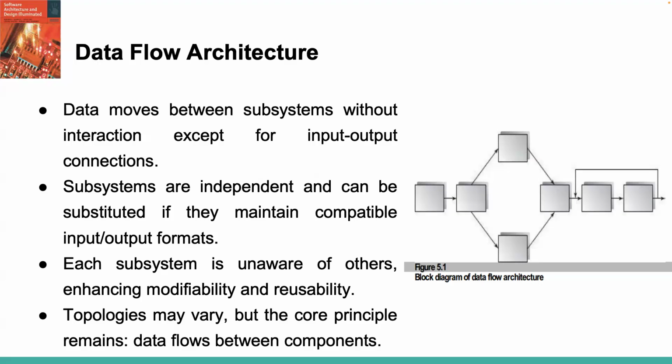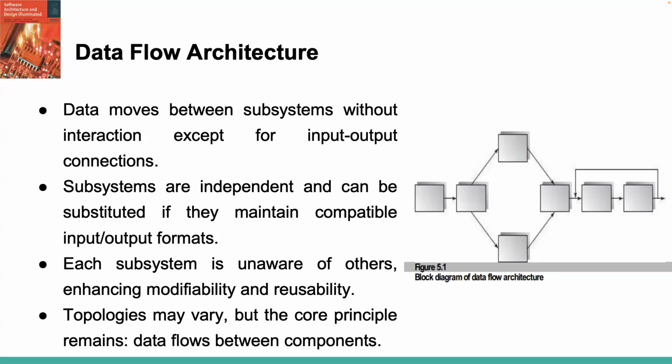Let's think about a video processing system as an example. Say you're building a system that applies multiple filters to a video. Input video: the raw video file is the input. Step 1, the first block might reduce noise in the video, denoising. Step 2, the second block adjusts the color balance. Step 3, the third block compresses the video for storage. Each block performs a transformation independently and simply hands off the processed video data to the next block in the